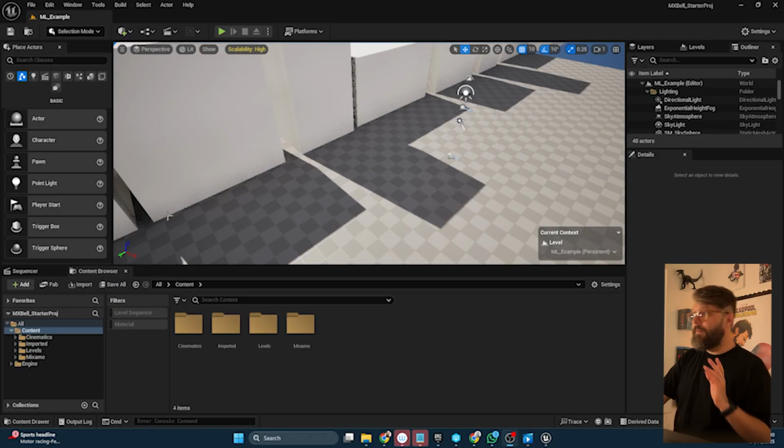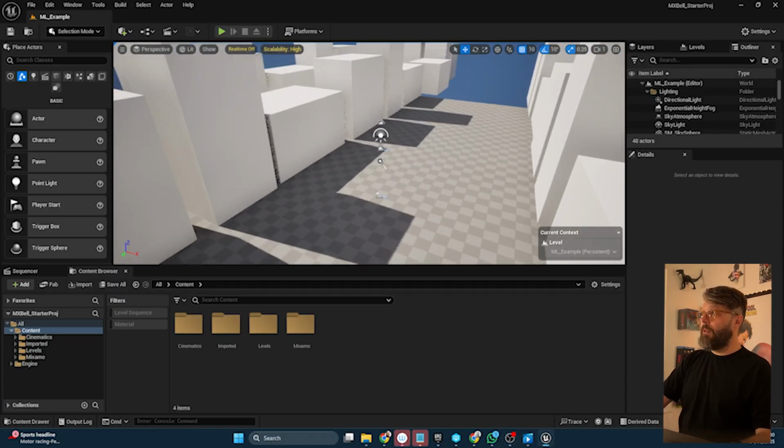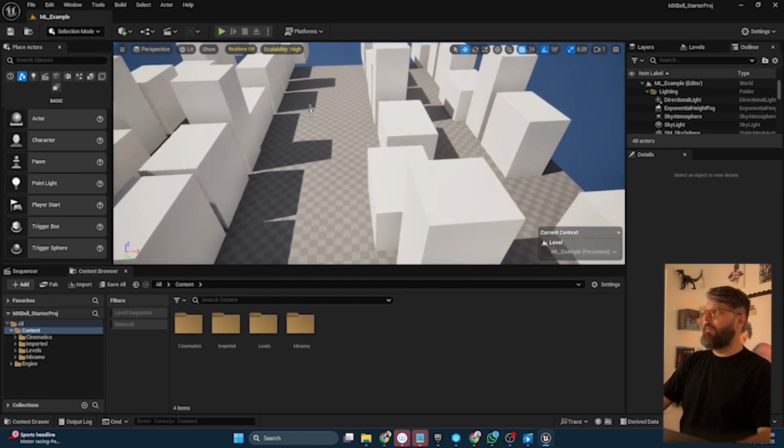So here's what happens when we open Unreal Engine. If you've not used Unreal Engine before, there are going to be some very basic starter lessons coming very soon, so stay tuned. These next few minutes just require some basic Unreal Engine knowledge as to how to navigate, but I'll take everyone through it. I've dropped a few cubes into this